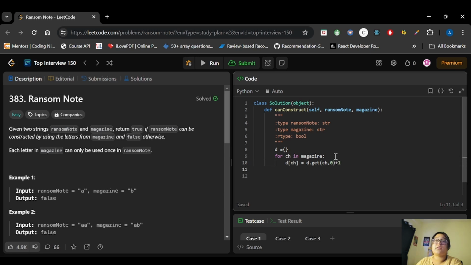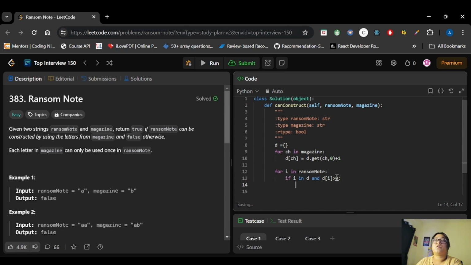Now I have already created a dictionary. Now I will check for I in ransom note. I will check the condition: if I is in the dictionary and D of I is greater than 0, then I will reduce the value by 1.